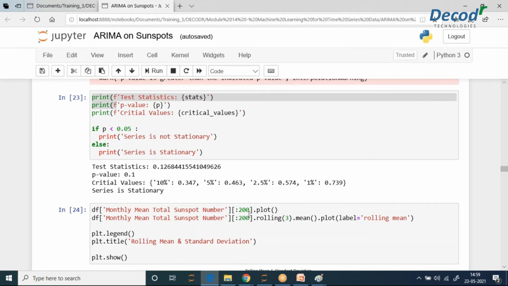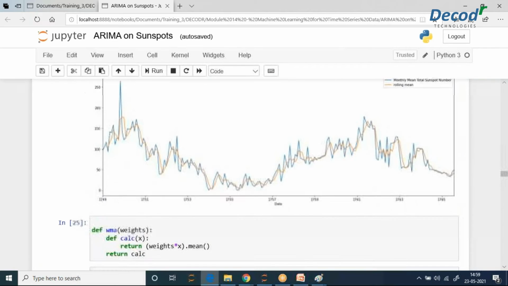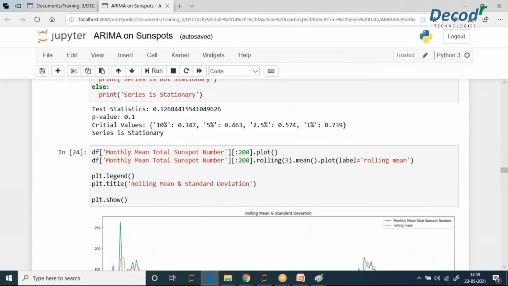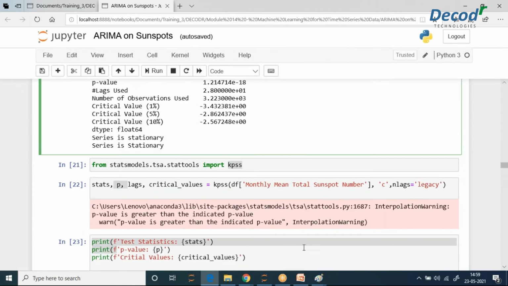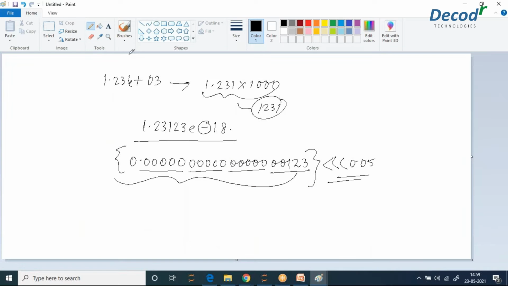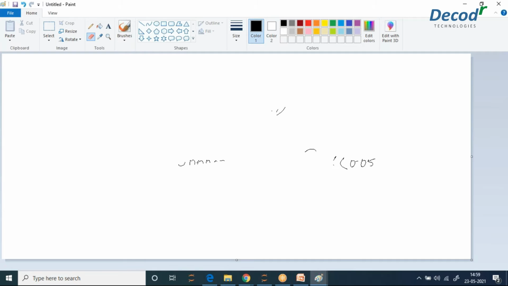So in this case, using p-value, we have observed this thing. There is also one more thing which I can't see over here, which I would like to mention. When both the models declare that your data is stationary, then your data is stationary.